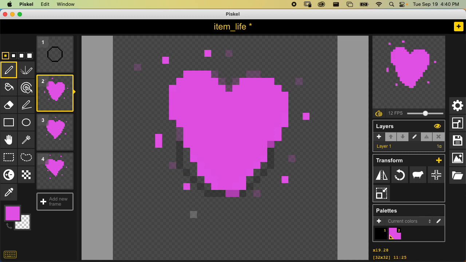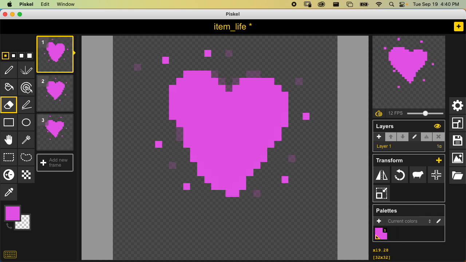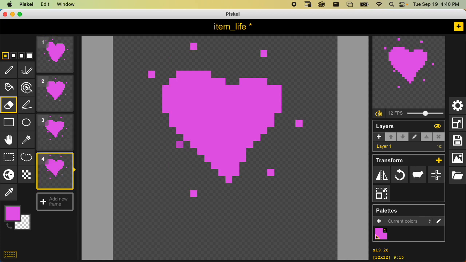So it doesn't have to be super complicated. Just want to make it clear that this is something the player can interact with to delete that original frame. Okay, that looks pretty good. So now if the player collects the heart, we can come up with different ways to